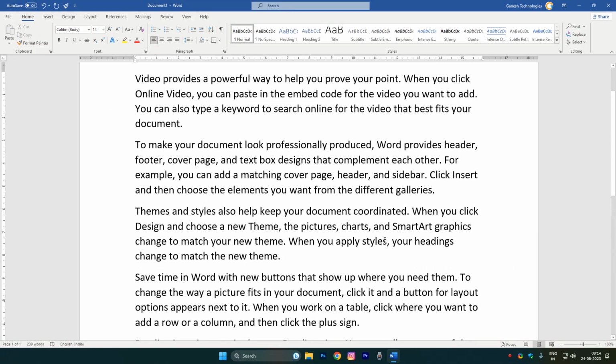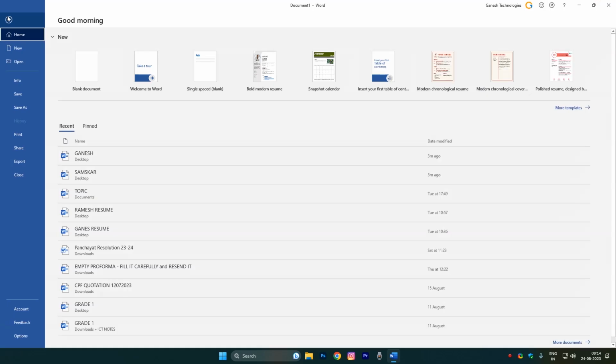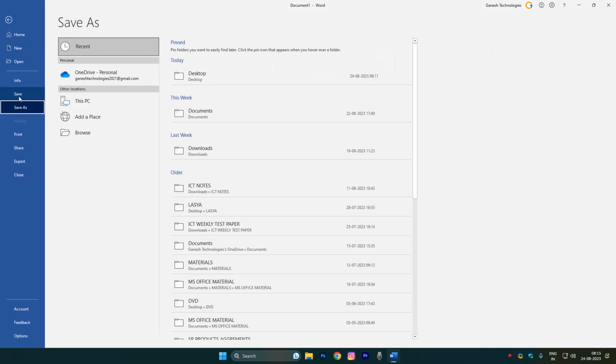So here I got some text. I want to save this document. In order to save this document, you can click on this File menu and then you can choose either Save or Save As. Then it is asking you